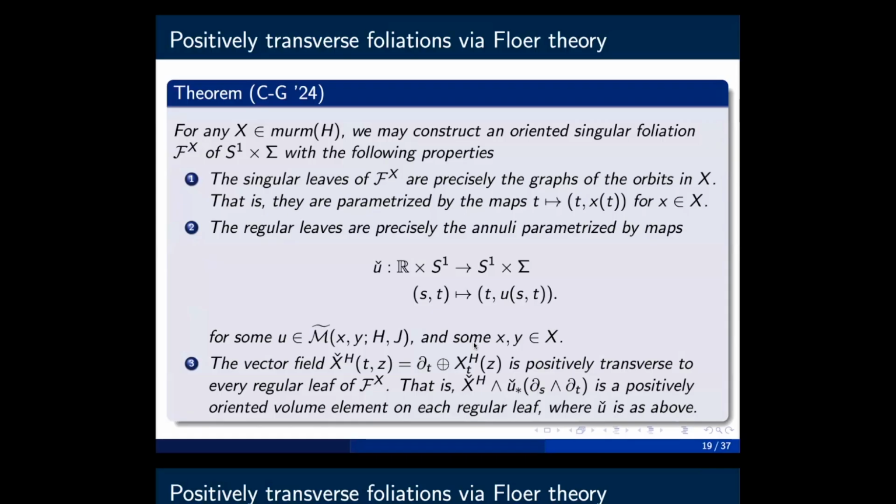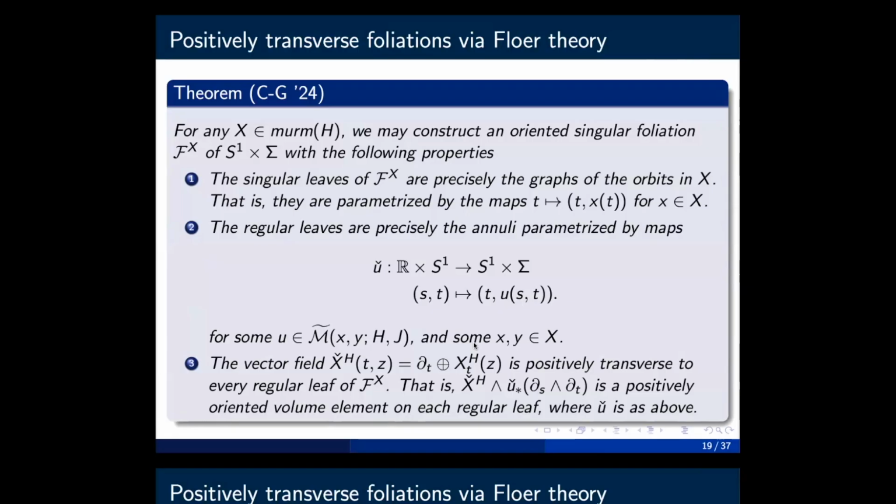now you think in the mapping torus, and you think I have the graphs of these orbits, they form some unlinked braid, and then I want to think of Morse-Floer cylinders that run between these, all of the orbits in X. I only pay attention to things that are running between orbits in X, okay,